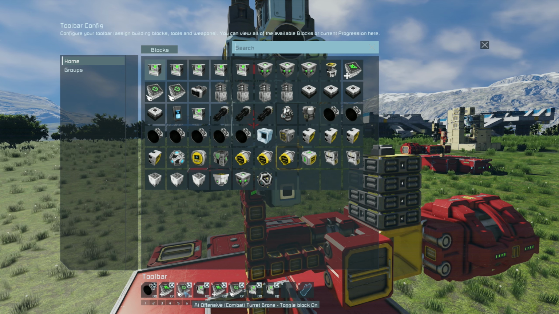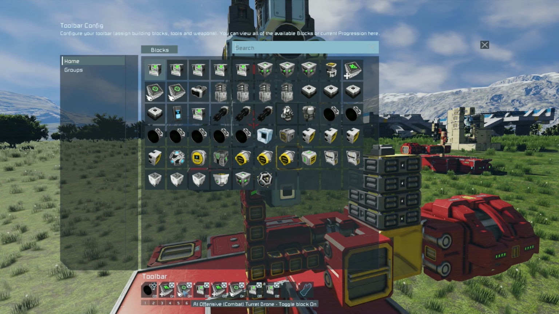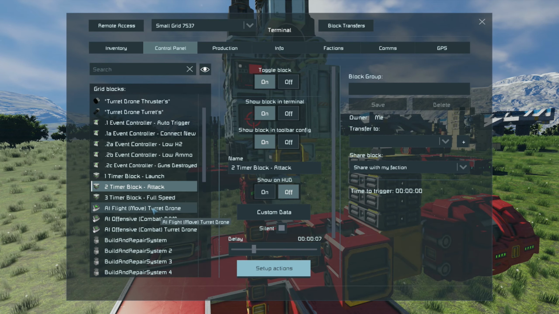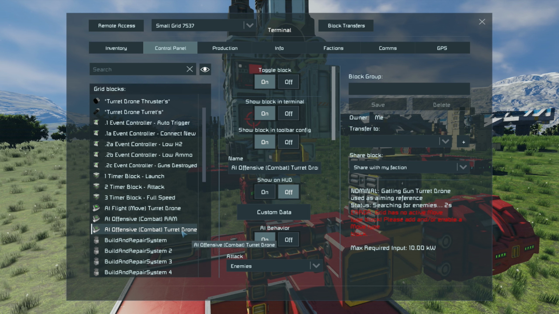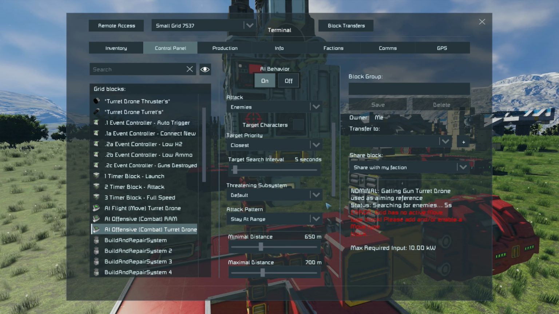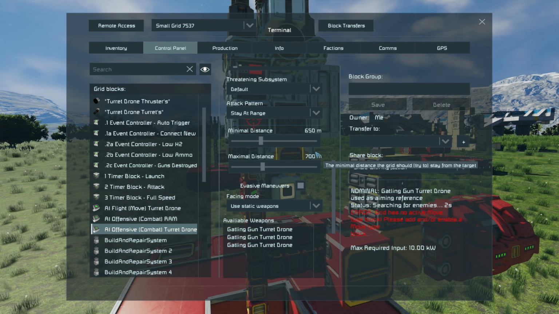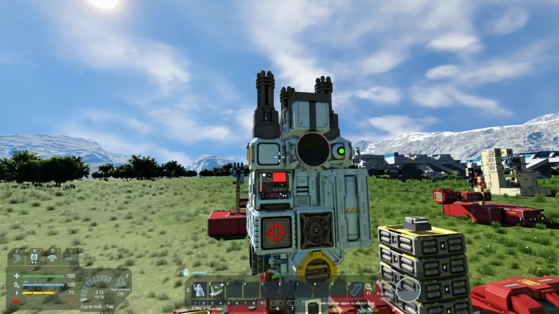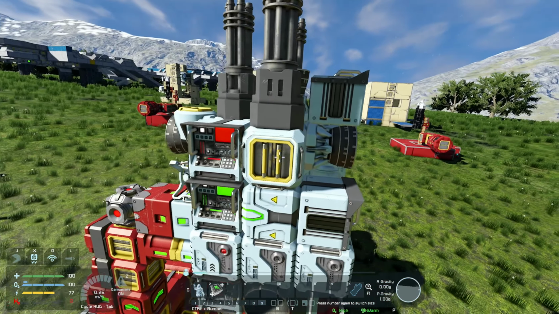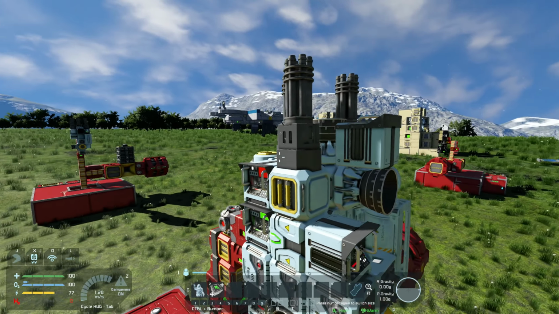But this time it will only turn on the AI function and the block of the combat drone AI turret itself. So this turret drone here is on the stay at range, closest target priority, within 650 and 700 meters of the enemy it's targeting. I've chosen that specifically for the fact that using the lower recoil of these Gatling turrets instead of something larger